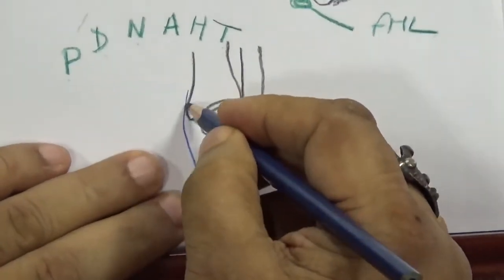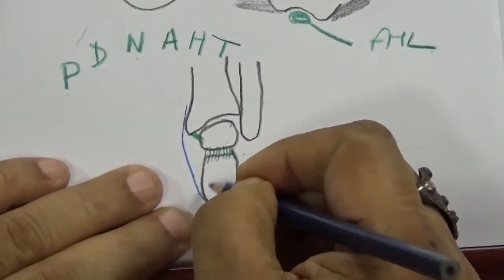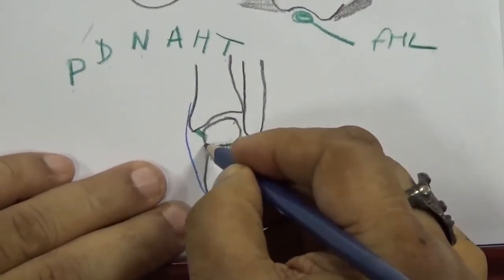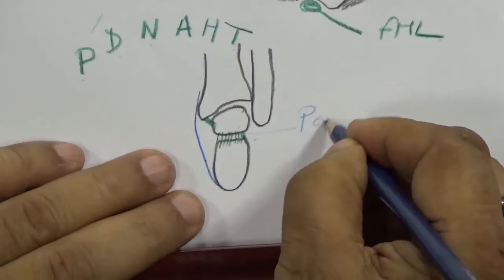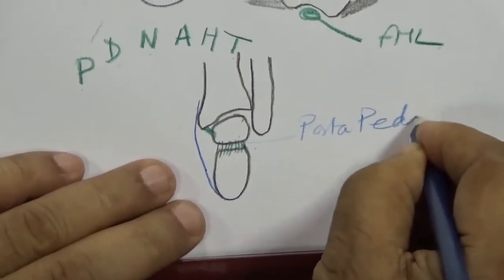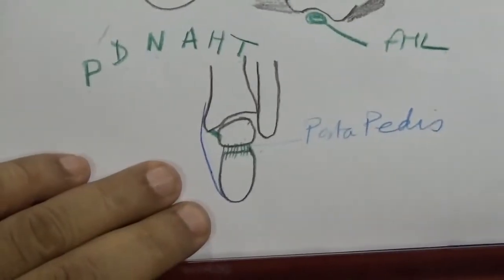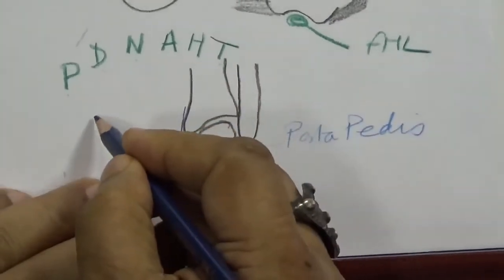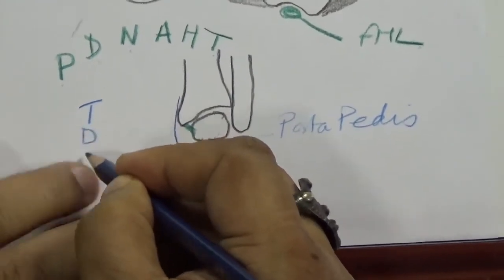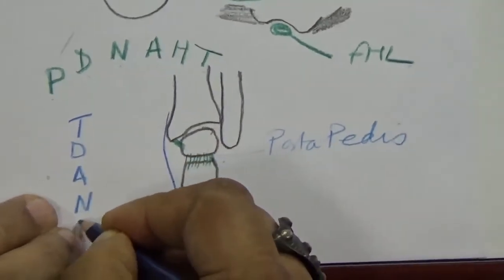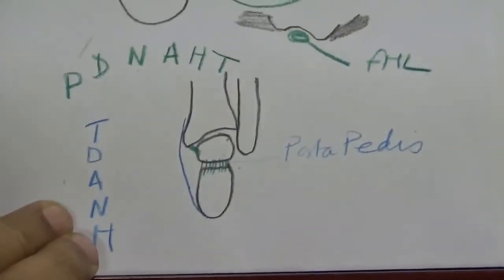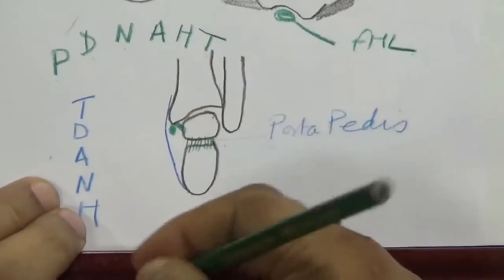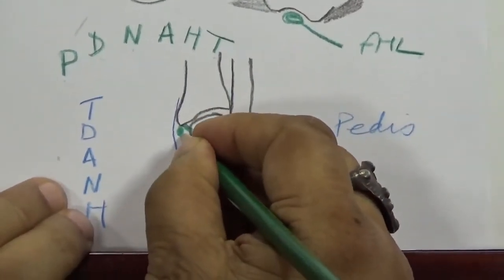The part of deep fascia passes from the medial malleolus to the calcaneum. So the space between this is called as porta pedis, or gateway to the foot. Through the gateway to the foot passes the formula, Tom, Dick and Harry. It means you have the tibialis posterior tendon, then you have the flexor digitorum longus,